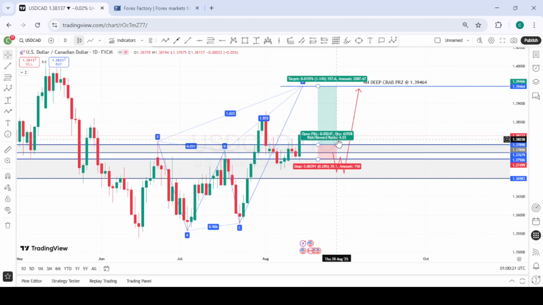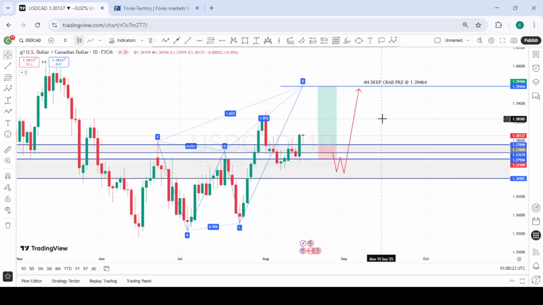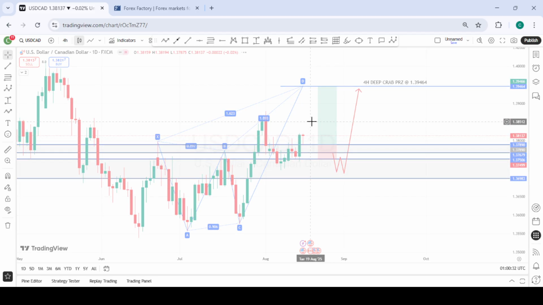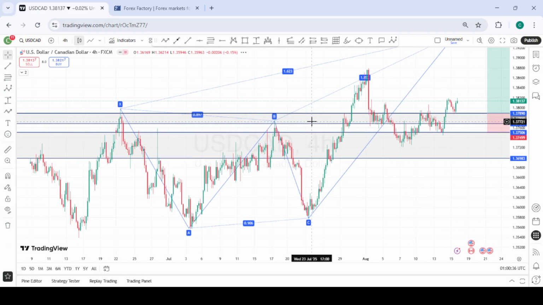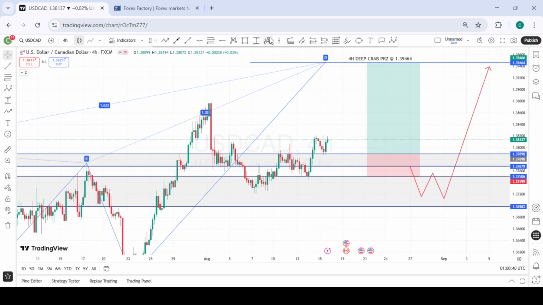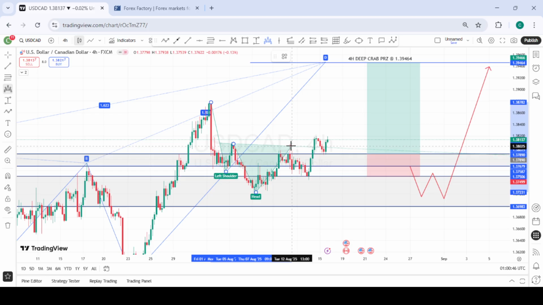So this is USDCAD on a daily time frame. Last week we were expecting price to react from this area of interest, and price gave us a nice inverse head and shoulders on the 4-hour time frame. So this is the inverse head and shoulders. This is the left shoulder, the head, the right shoulder, and price broke above